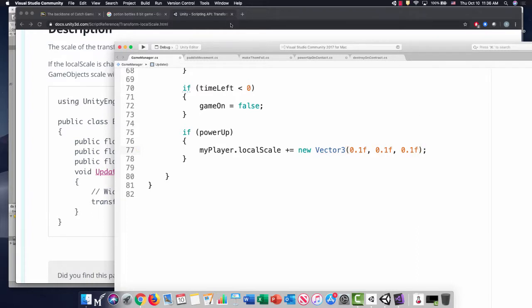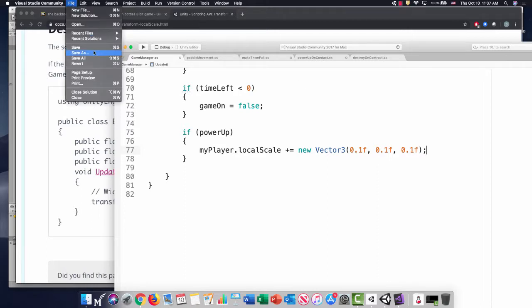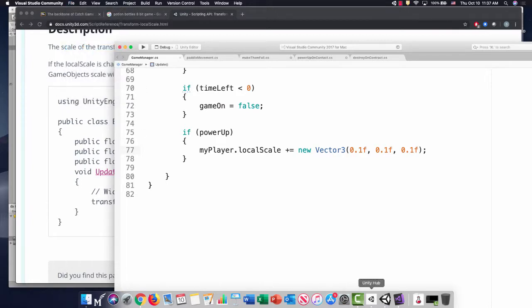And can anybody guess what's going to happen if I put it this way, plus equal new Vector3? Plus equal means it will add this value to the existing value. So what's going to happen is, if I save it,